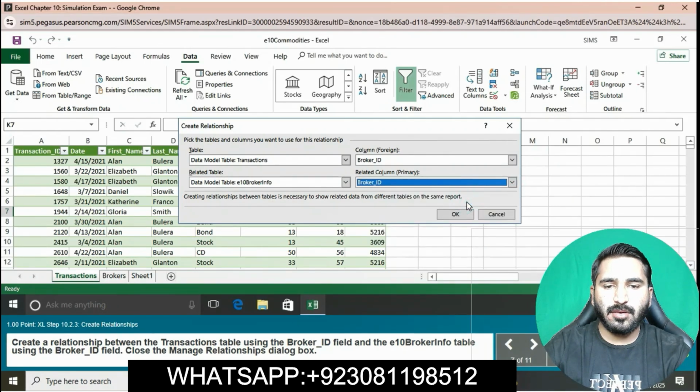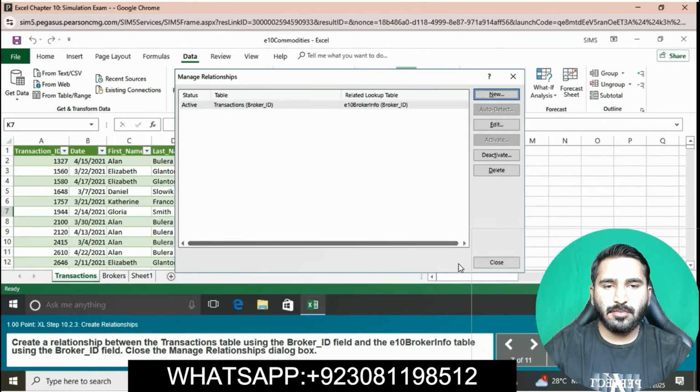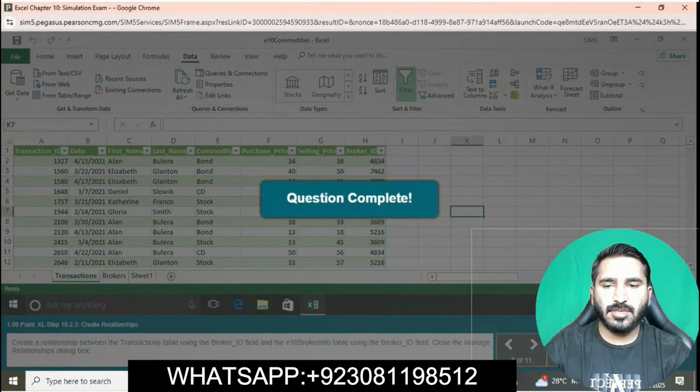Click OK and the relationship will be created here. Then close it. Question is completed now.